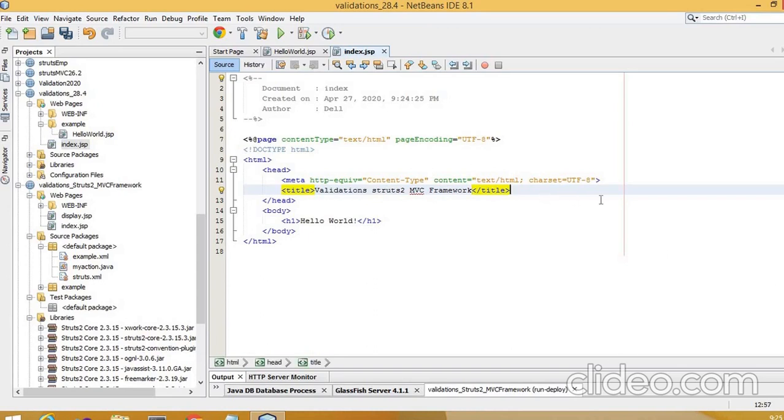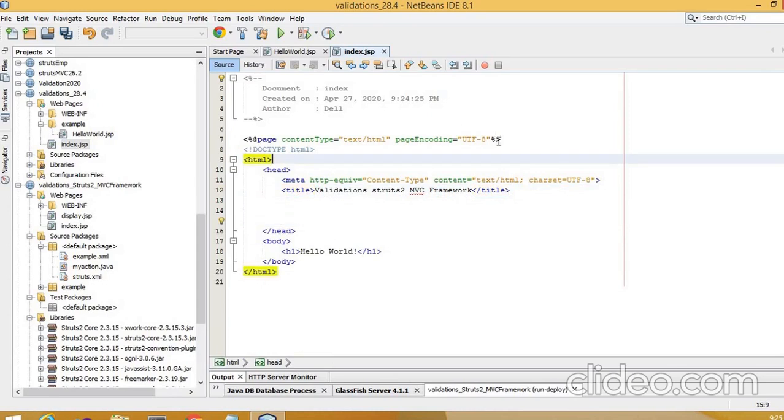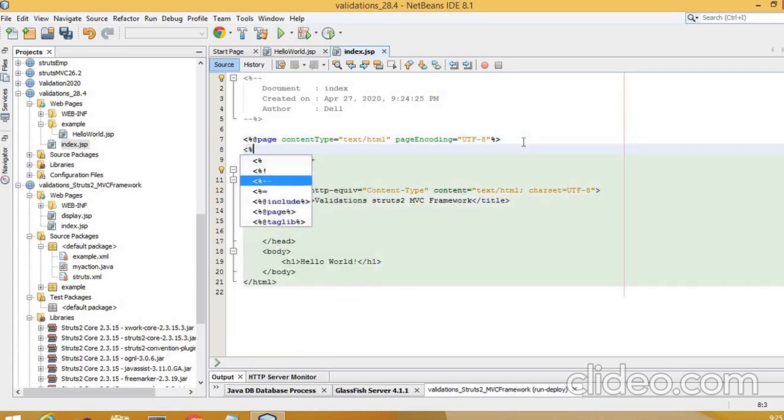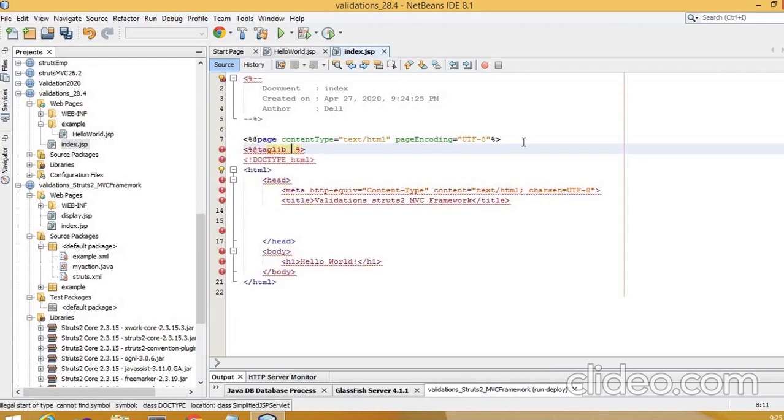Then in this we need to import the Struts tag libraries. So I'll add this taglib directive, and I'll give the URI as struts-tags. Okay, and to this I'll give the prefix equal to s.